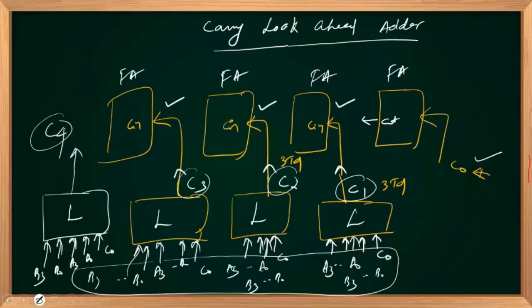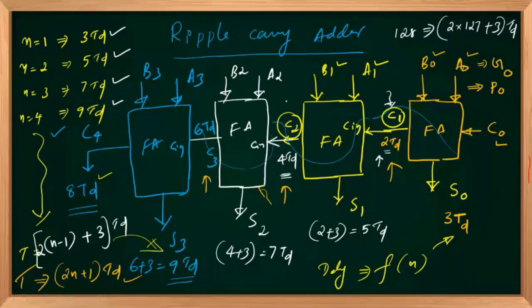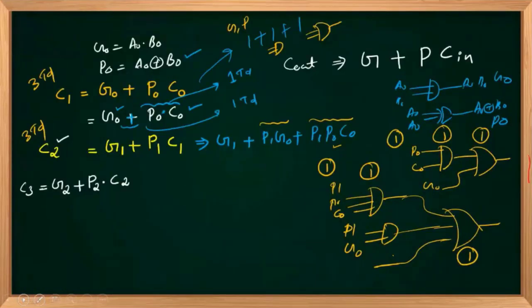Third stage input carry is C2, that produces C3, right? So I'm writing for C3, input carry is C2, that is same as G2 plus P2 times C2, and C2 is nothing but G1 plus P1 G0 plus P1 P0 C0,